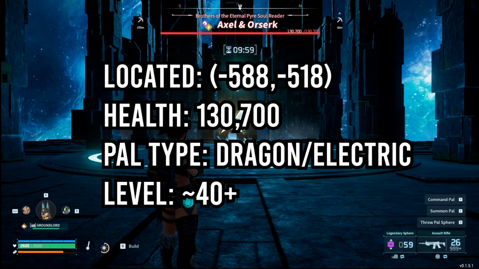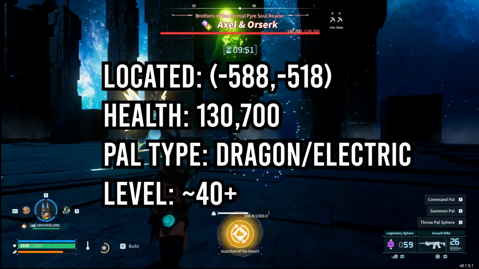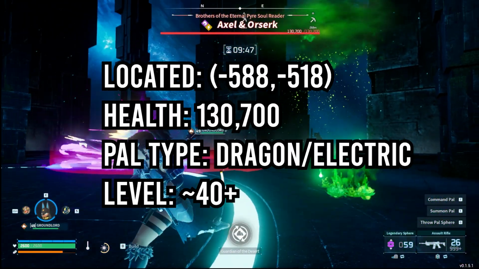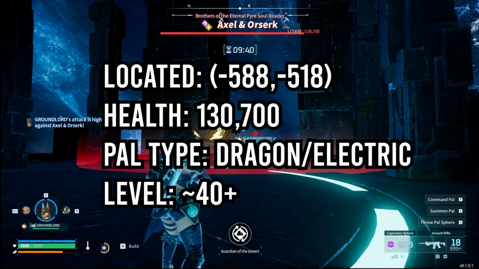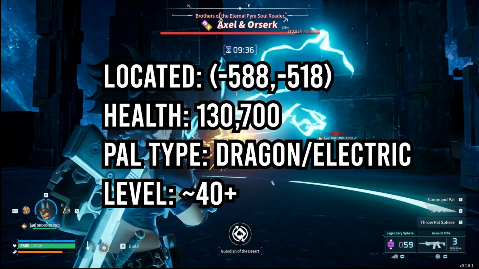But I will say that this third one is located in that fire region, so you will have to be wary of the armor you have on so you don't get hot. But this is where it really starts to ramp up and become pretty hard, because I would suggest being at about level 40, if not a little bit higher, for this third tower, just because of how much HP they have, which is